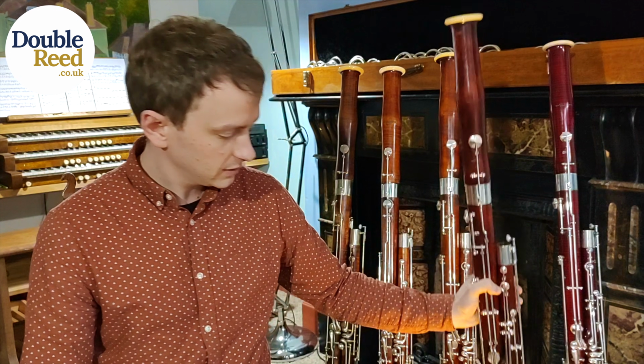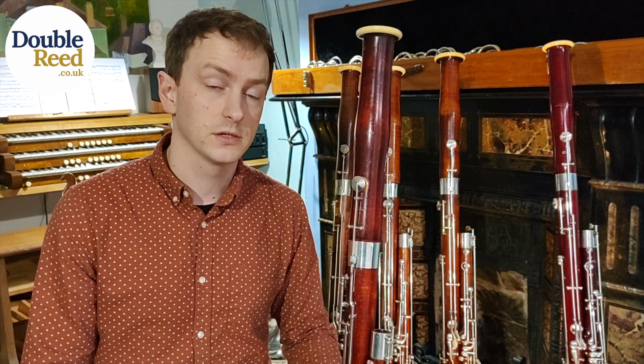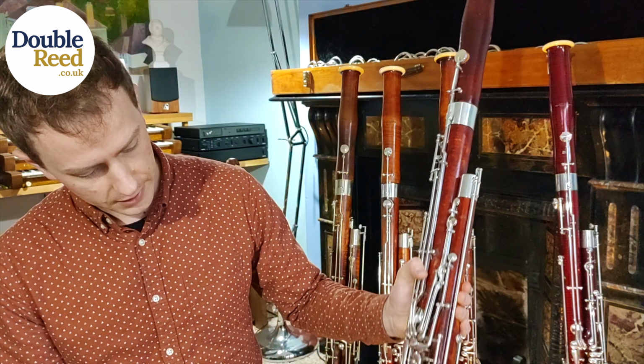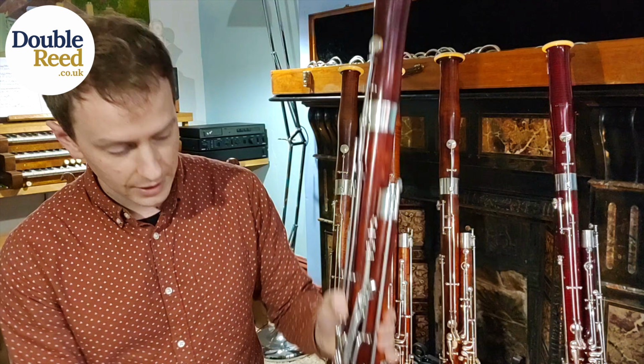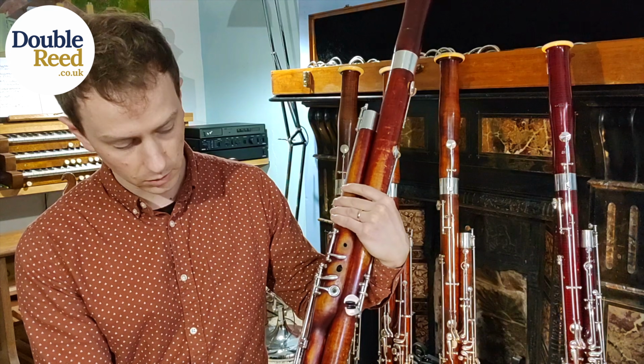We've got a 9,000 series here. This is going to be for sale. So some of the Heckels we get coming through are for sale, some aren't. But this is getting a full restoration. This was made in 1951. Don't know a huge amount of the history, except the current owner has had it for 30 years. It's an absolute gem. It's so beautiful. It's got a really golden sound,